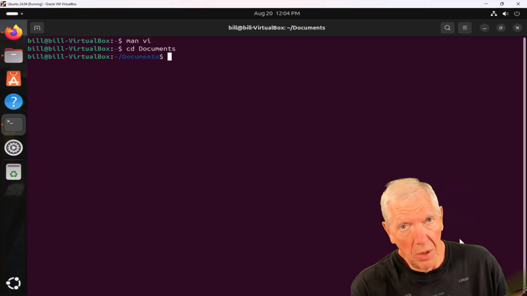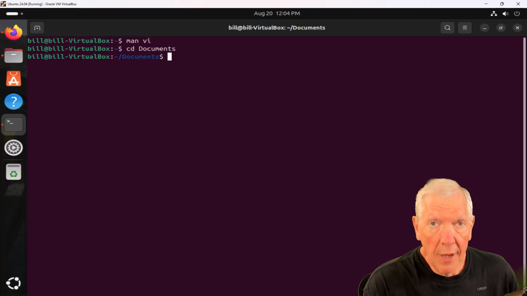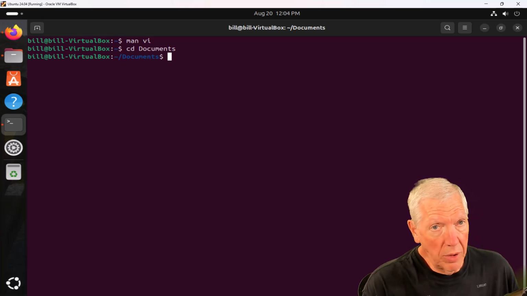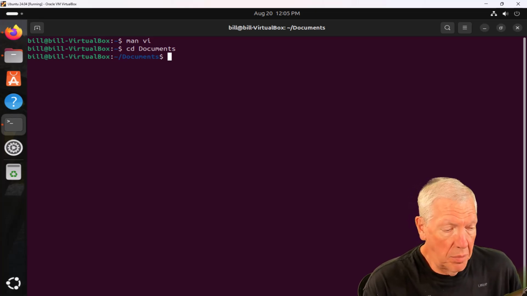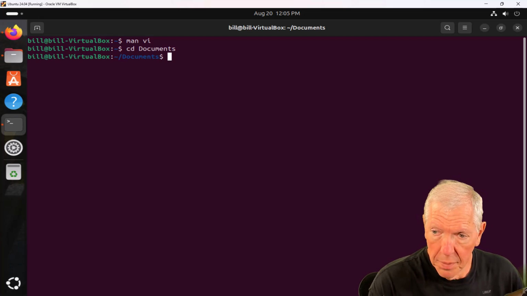And if you're going to upload something to a Linux-based web server that's running, say, Apache, you probably don't want to go with all the proper case stuff. You want to just go with lowercase files. And if you have multiple words, you probably want to put them together with an underscore. But that's a different story.